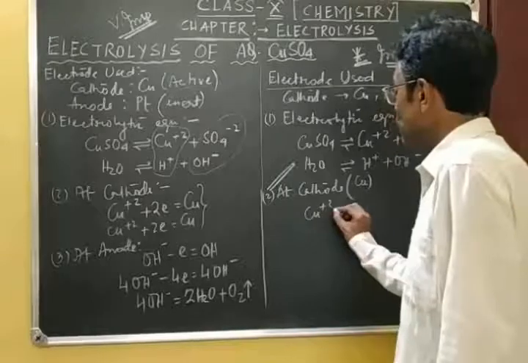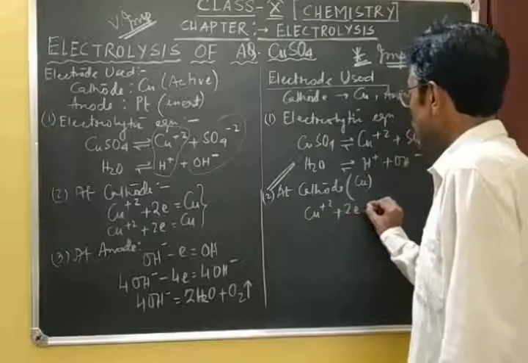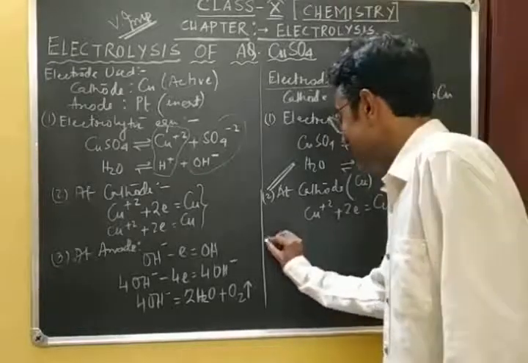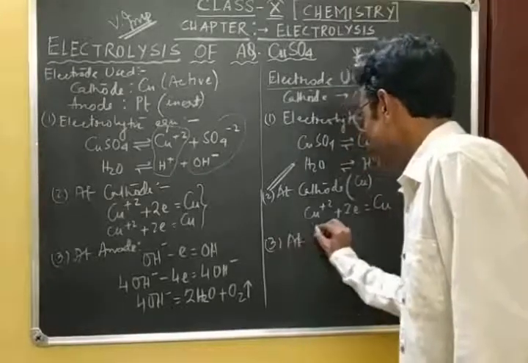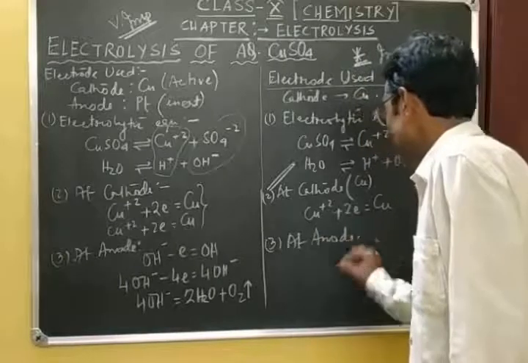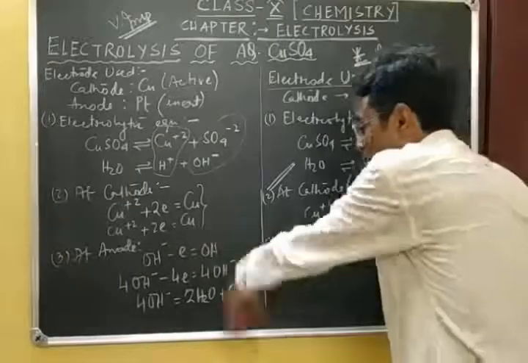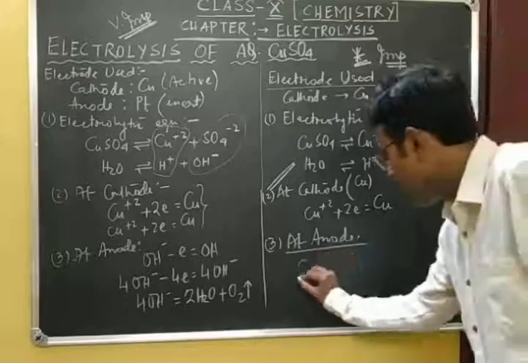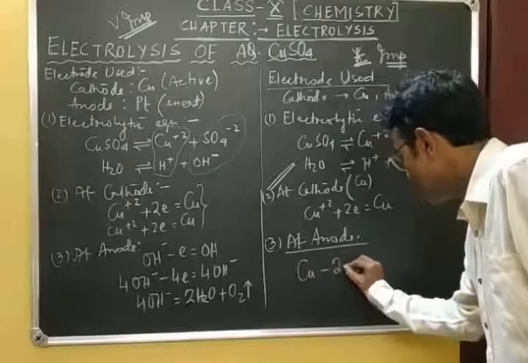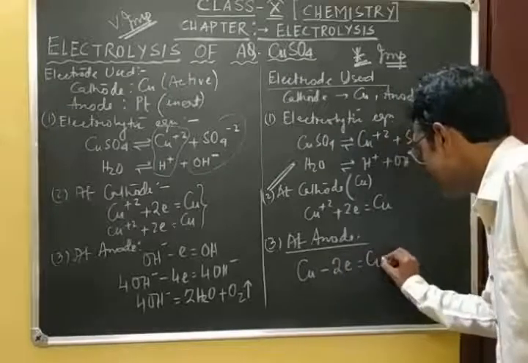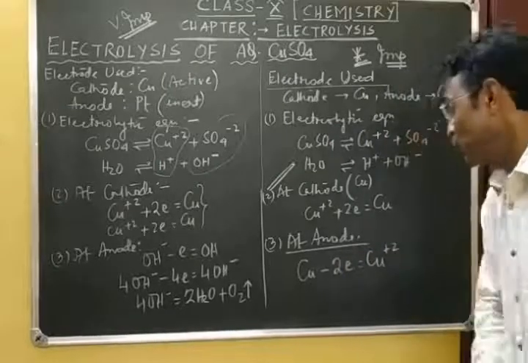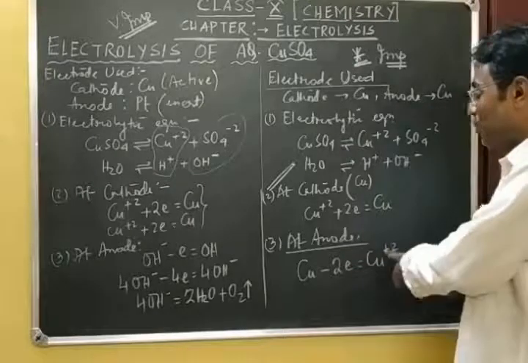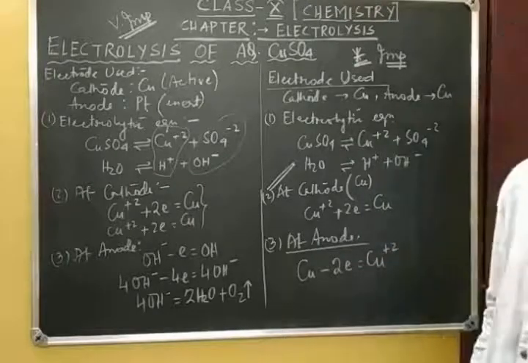Cu+2 gains 2 electrons to form copper. And see, the difference lies here. At anode, just remember this portion will be omitted. Copper will lose 2 electrons to form Cu+2. So the product obtained at the anode will be nil, because no copper ion can be captured or